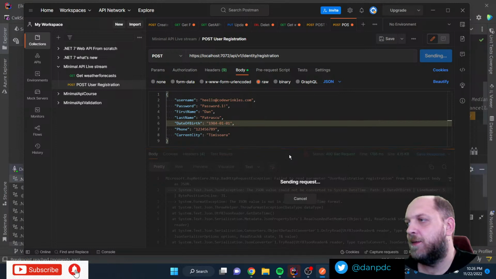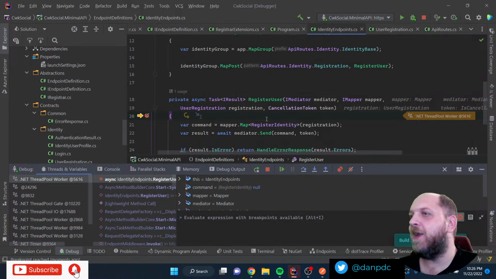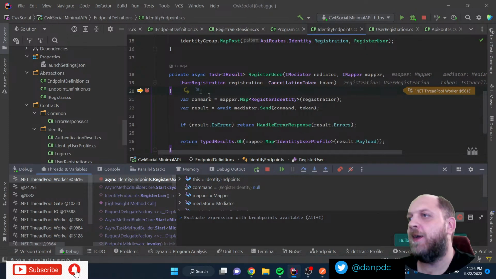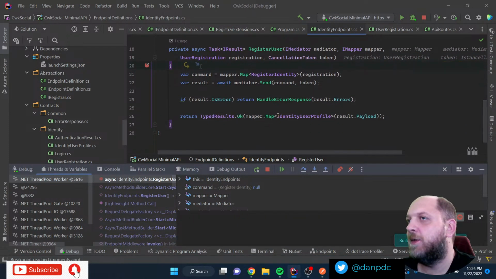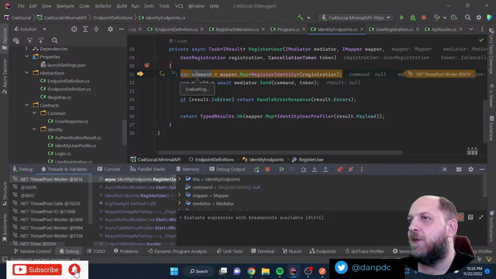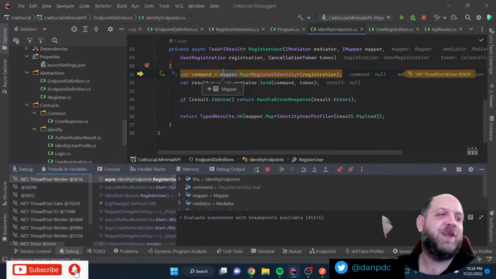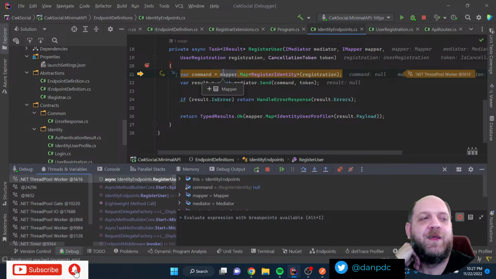And okay, nothing happens. We did hit the endpoint, so that's cool. Now let me see. Mapper. It will fail. I don't know. 100 bonus points for anybody that can tell me why this will fail.